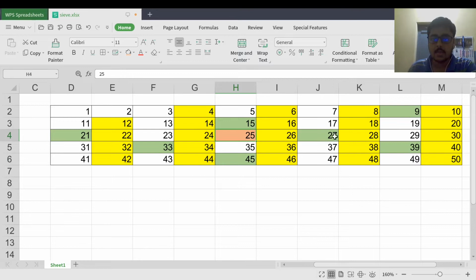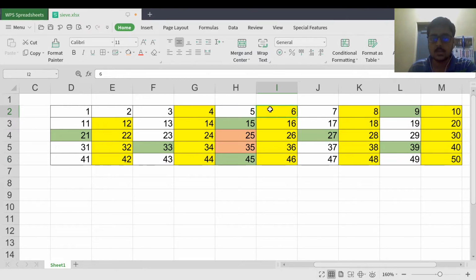Then I take 30, but it's marked in the case of 2, then 35 which is not marked, then 40 which is marked in the case of 2, then 45 which is marked in the case of 3, and then 50, which is marked in the case of 2. Okay, so now I have finished all the numbers which are divisible by 5.